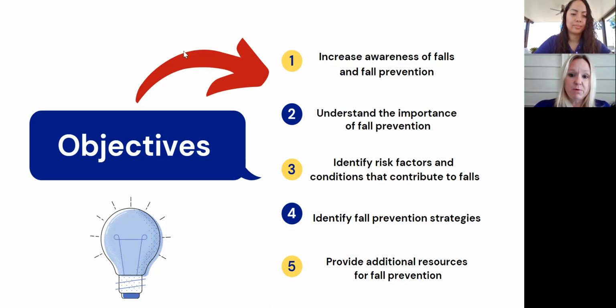A lot of falls can be prevented, and just understanding what and how we can prevent them is very important, especially for the aging population. We'll be discussing fall prevention strategies. How can the aging population put these fall prevention techniques into place, into their daily lives, into their home, into every activity that they do? And we will also provide resources for fall prevention. For the aging population, there are so many resources they can utilize, so many different avenues and additional help that they can get. So we're going to give you some additional resources today that are very helpful.